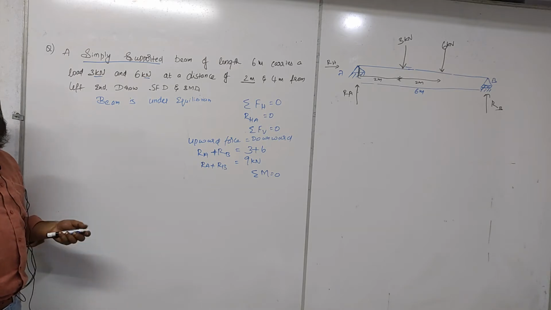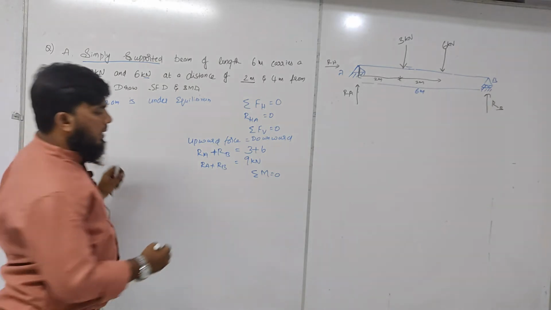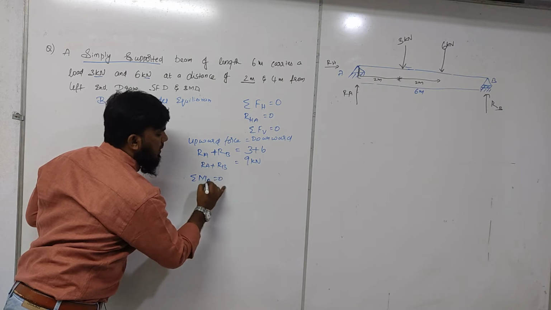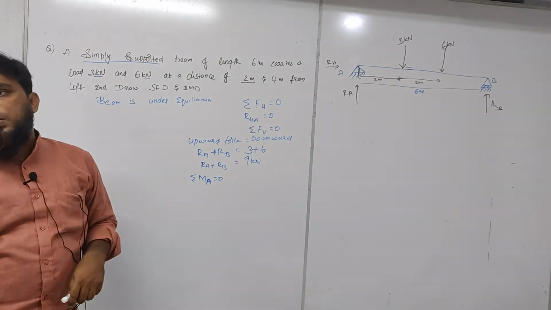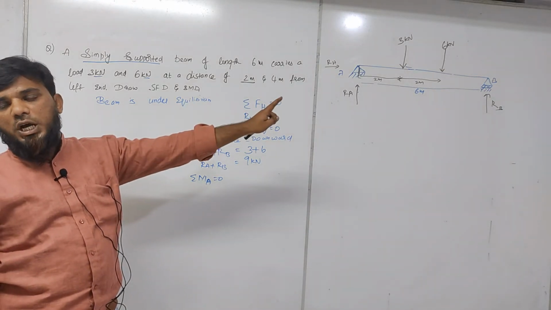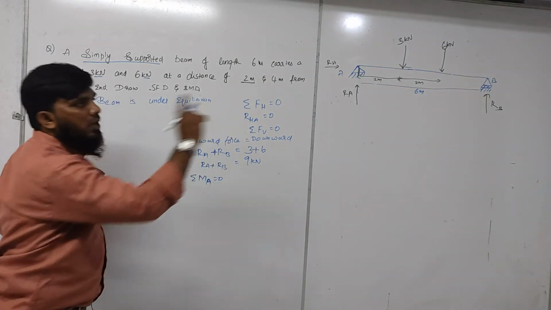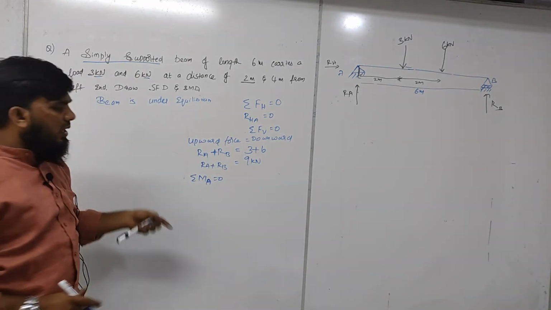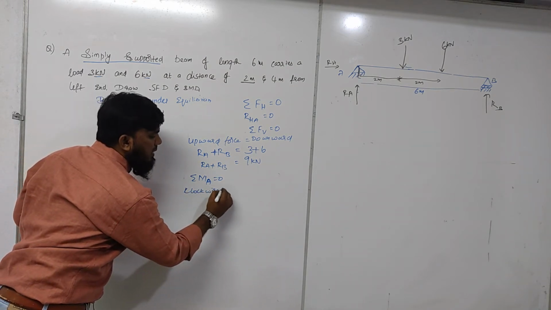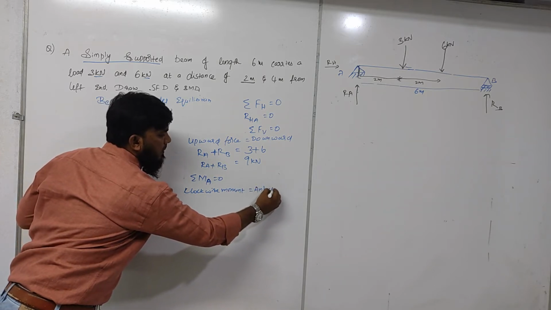From which point will we do it? Since here we are having two loads, I can take the moment about point A. So I will write it here. Summation of moment about point A is equal to 0. Since all the problems we are solving from the right corner, this also will be solved from the right corner. So first, what is the right corner force we are having? Here also we can do one thing. Clockwise moment is equal to anti-clockwise moment.